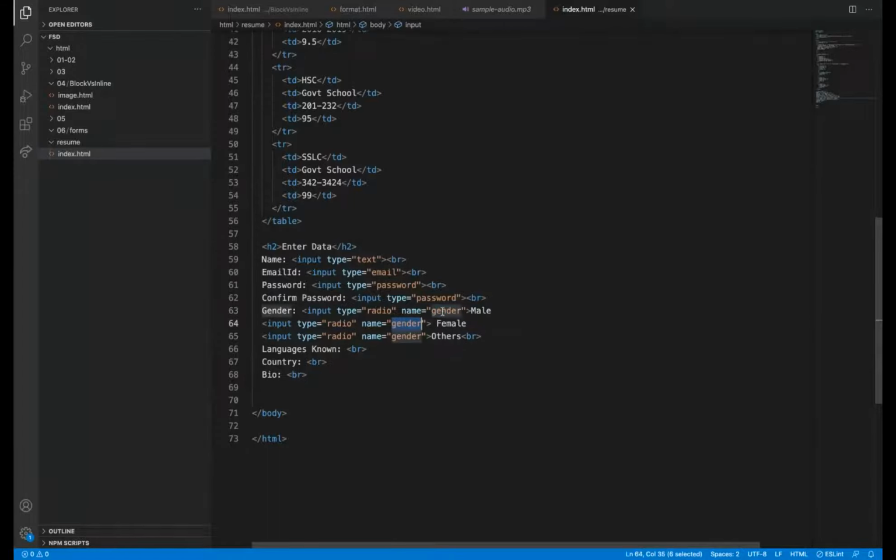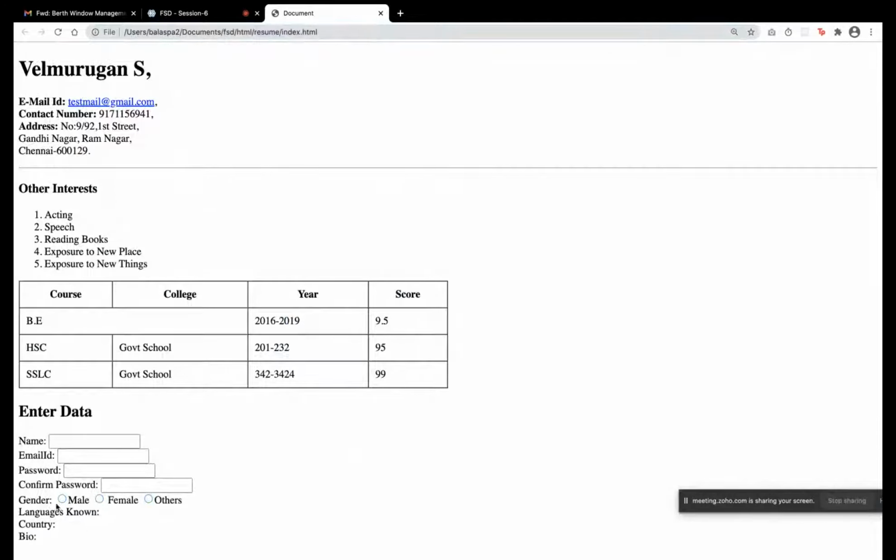So among the 3 things, only one will get selected. We are grouping them together, so according to the radio button, only one will get selected. All the 3 will be grouped under the same value, gender. If I now give this, yeah, it is changing. So now we can select only one option. That should be the case for radio button.